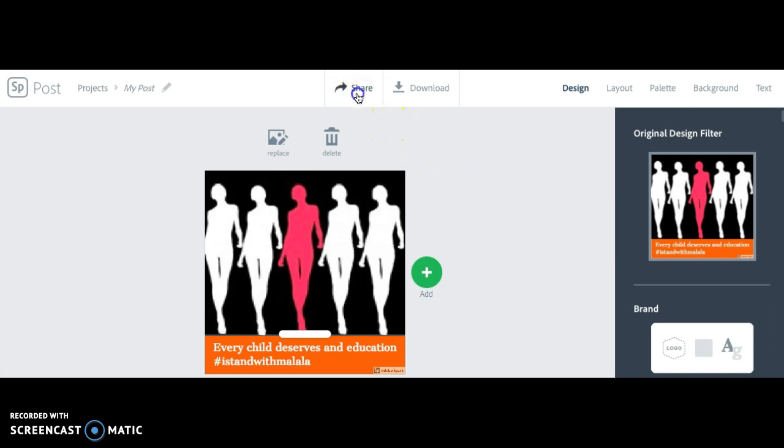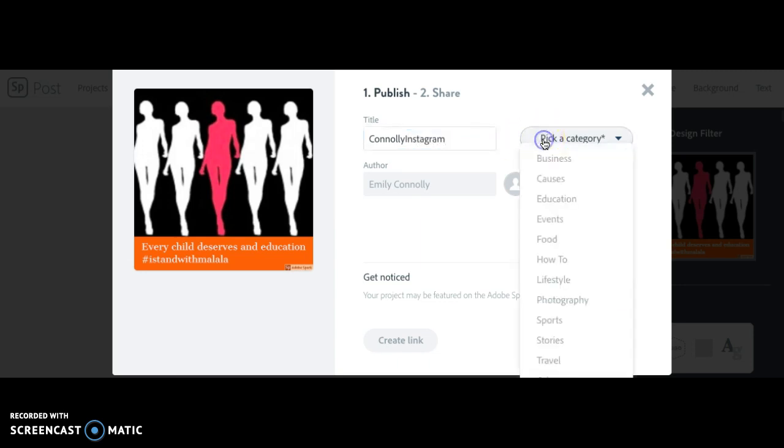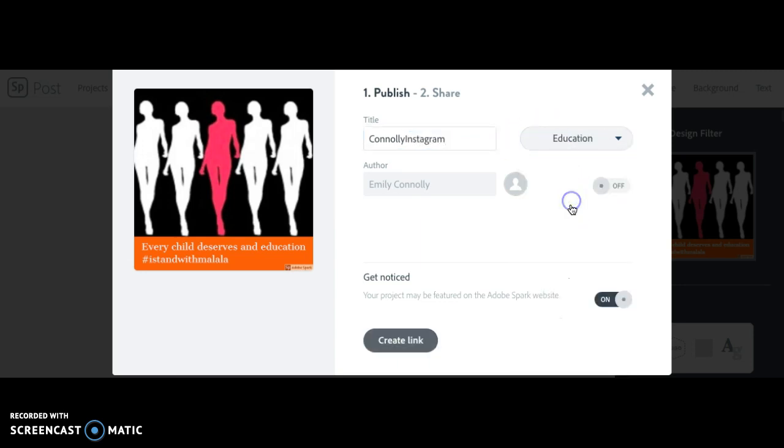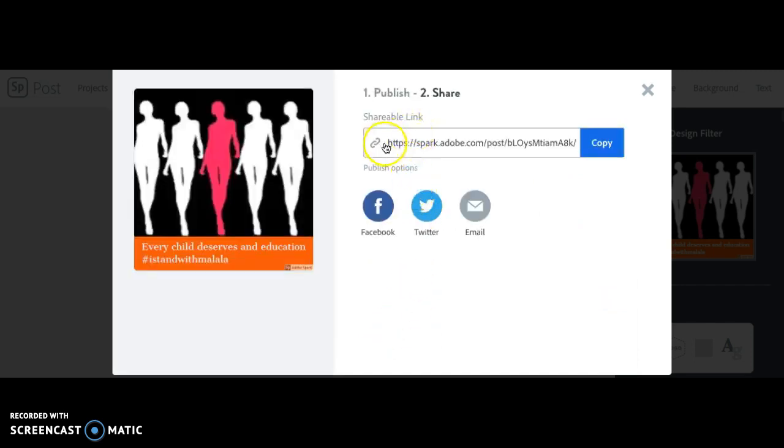Then you're going to hit share. Make sure your title is your slogan. I'm going to have you go ahead and change your title to your last name, not my last name, your last name. Your last name and then Instagram. Then you're going to click a category. We are going to click education. Make sure this says your name here, and then click create link. It's going to bring you a link. You're going to get this link, you're going to hit copy, and then you're going to paste that into our